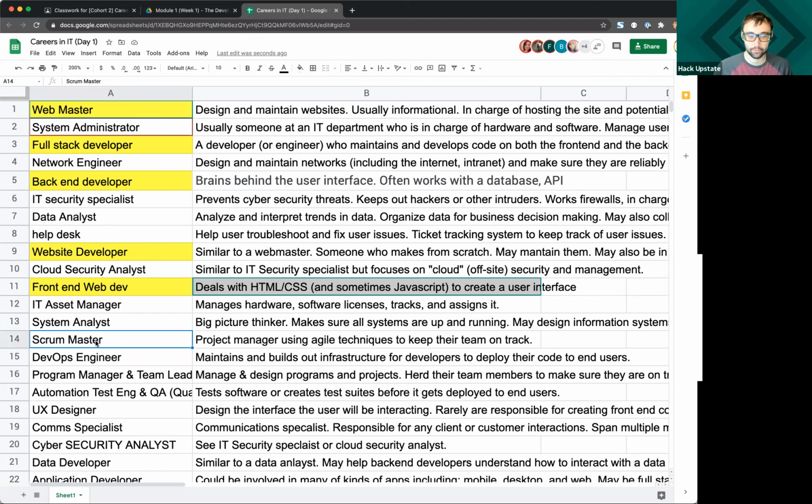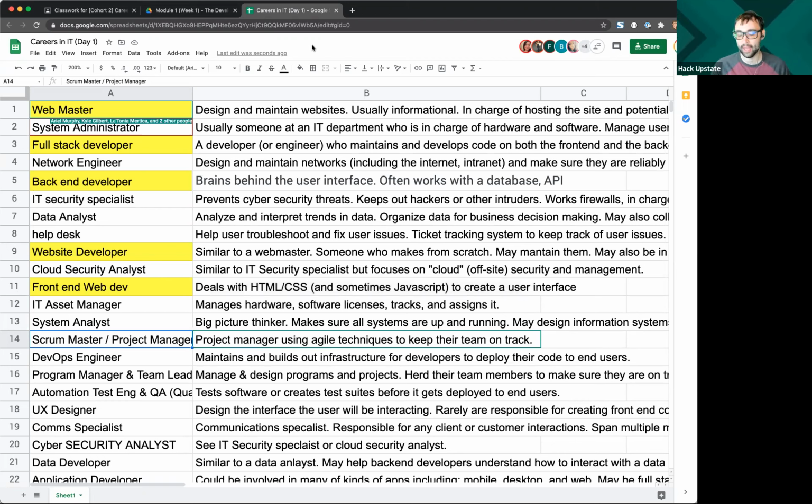Scrum Master down here. Scrum Master is a job title on its own, and there are oftentimes people who are technically minded but don't know how to code that become Scrum Masters. The other term that's probably more commonly used here is project manager. And so that's something that you could come out of this course. In fact, we had a student in the last cohort who became a project manager. But you're not going to come out of here looking for project management jobs right off the bat, but it is definitely an option.